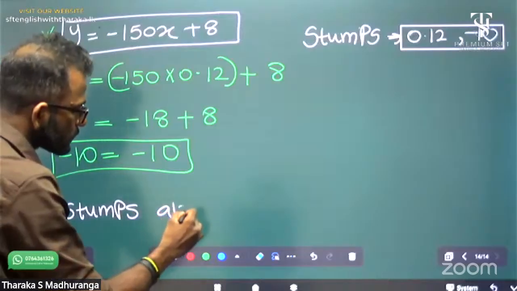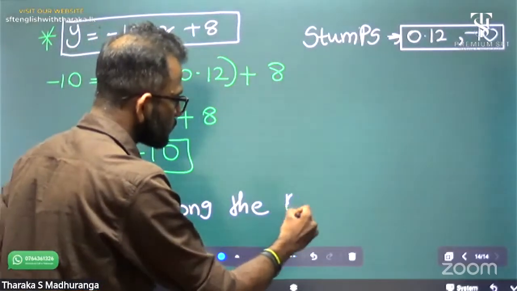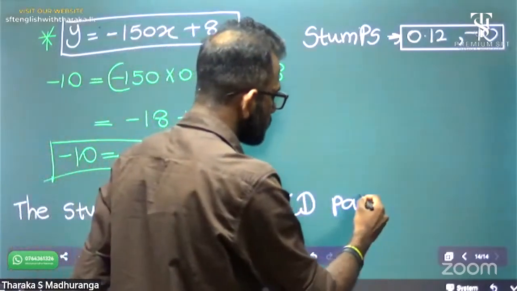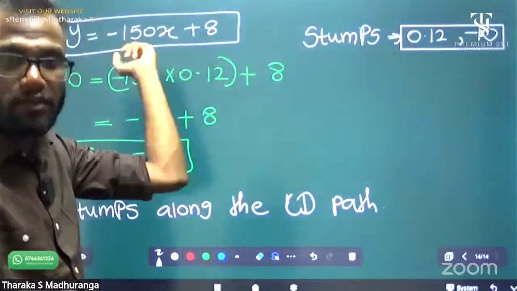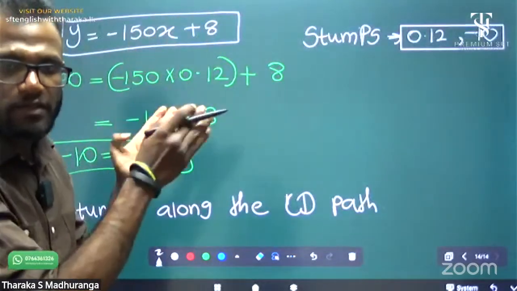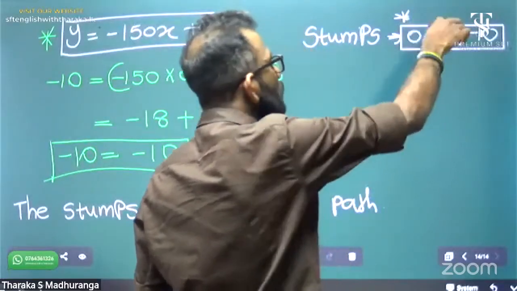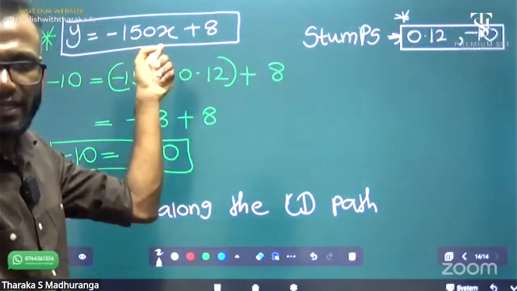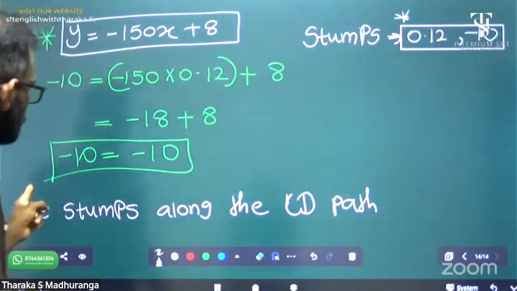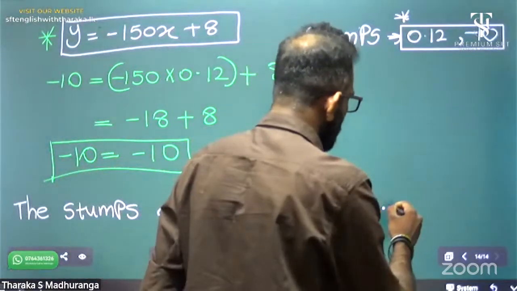along the CD path. That means the stump coordinates equal this, meaning this coordinate is a point which is located on this path, on this straight line. Can you understand? Then you can say the stumps are along the CD path, therefore